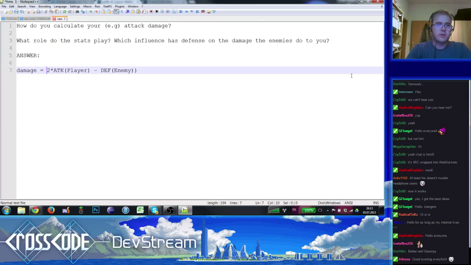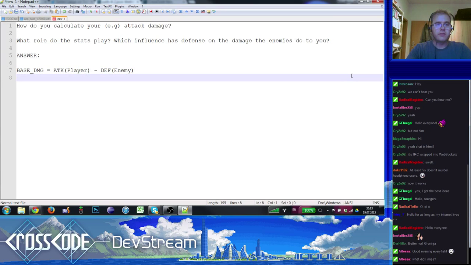Let's just call this one. This is the base damage. What always happens is that each attack has a factor for this damage, so it's scaled depending on this. So the damage is base damage times attack factor times the defense factor. This is usually set by the enemy. In some occasions the enemy has a defense factor, so it gets multiplied by this.